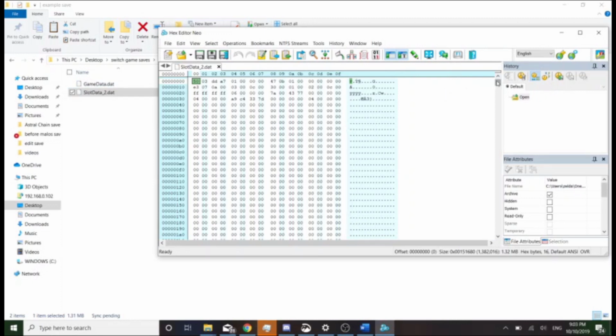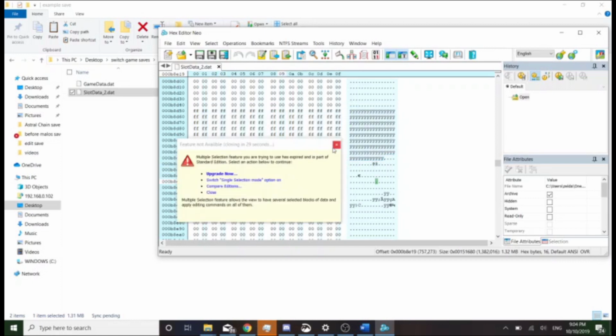Now the location, the spawn code for Astral Chain is located somewhere down here. I'll specify it once I find it, and it's right here. No, not right there, right here. It's right below where all these EPs are. So it's worlds, the map spawn is